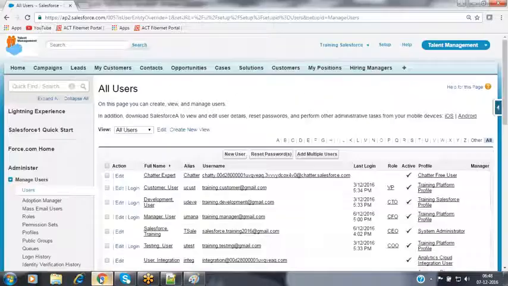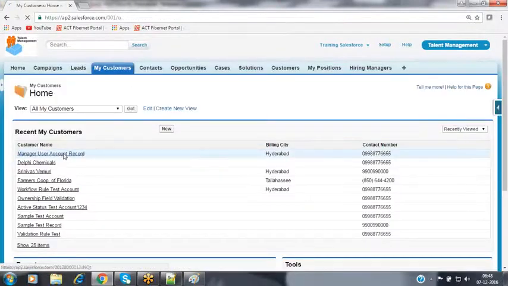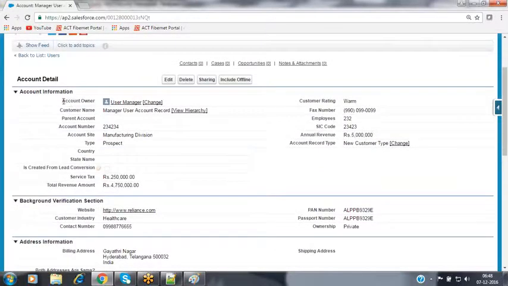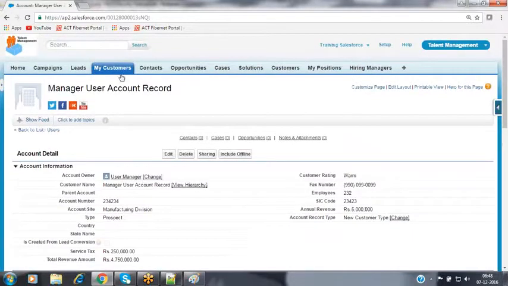See, when coming to the account record, the owner field is different, the ownership field is different. Let's see. This is the record here. So now this is the owner field, account owner. This field API name is OwnerId, nothing but a user. Now this is the ownership field, in order to indicate whether this organization, nothing but the account or the customer, is holding any organization. If it is an organization, whether it is a private organization or subsidiary, or whether it is a public organization. Owner field and ownership field, both are different.